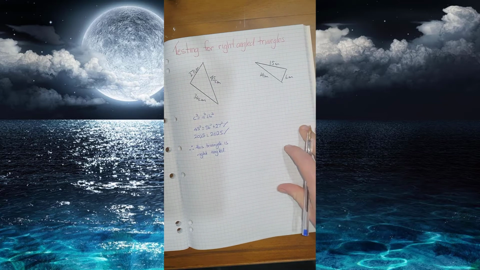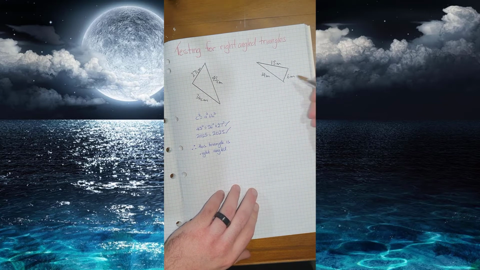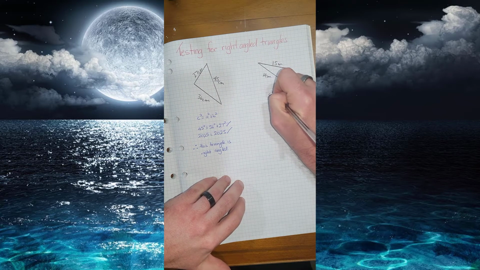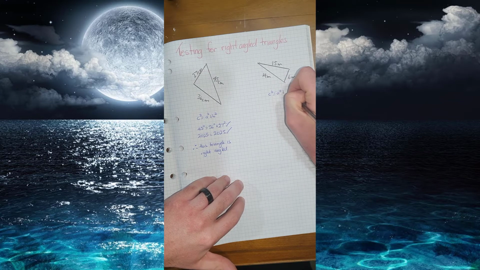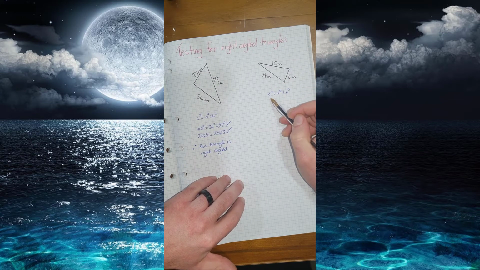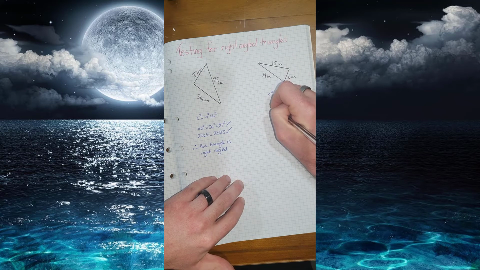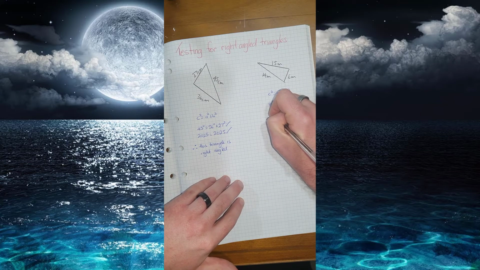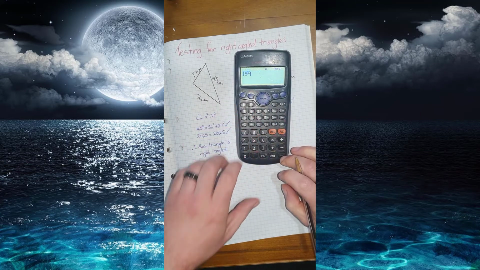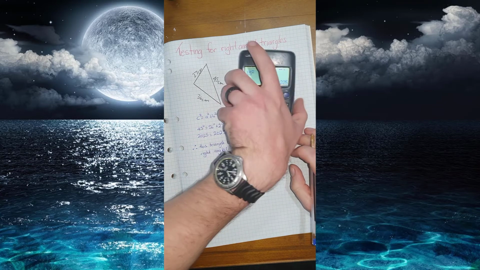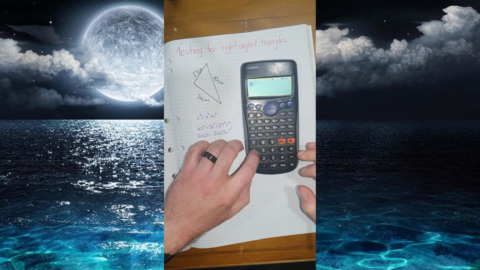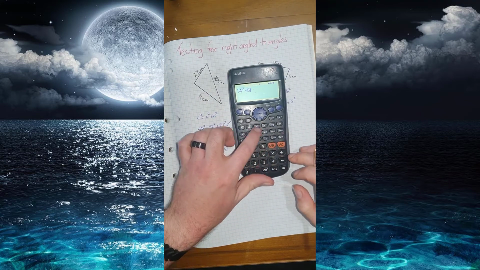Okay, now let's use that exact same process for this triangle over here. I don't know whether it is a right angle or not. Again, let's write out Pythagoras' theorem. So with c squared, that's going to be 15, equals 14 squared plus 6 squared. Now let's find out what 15 squared is. 225. 14 squared plus 6 squared,